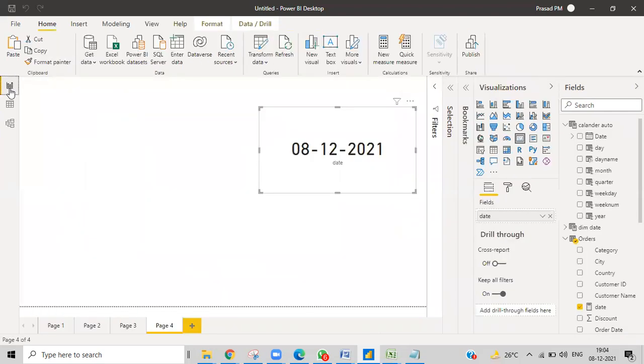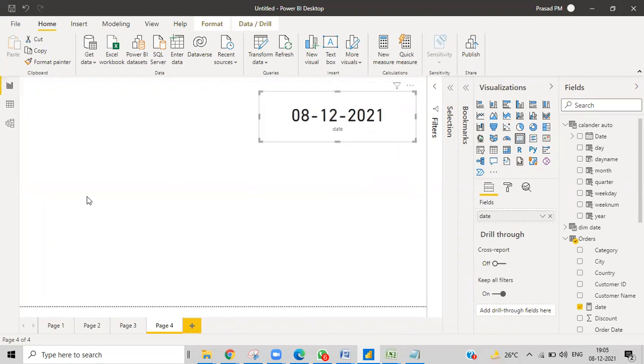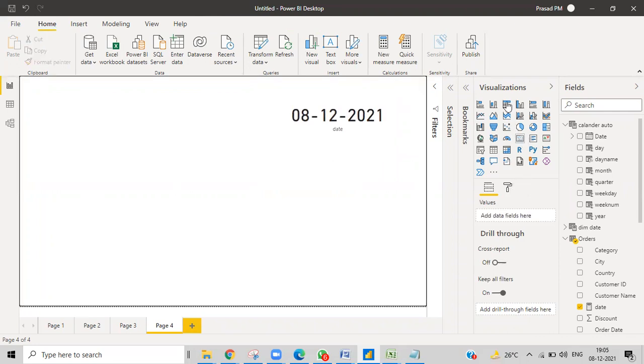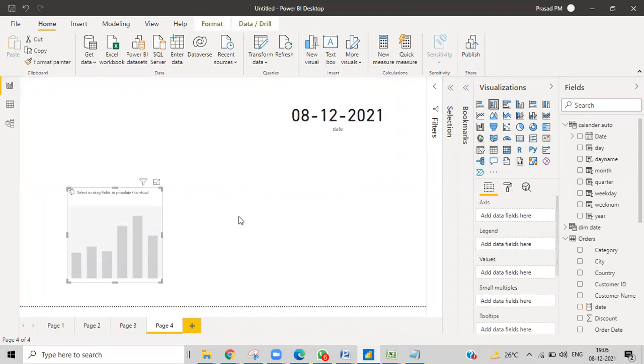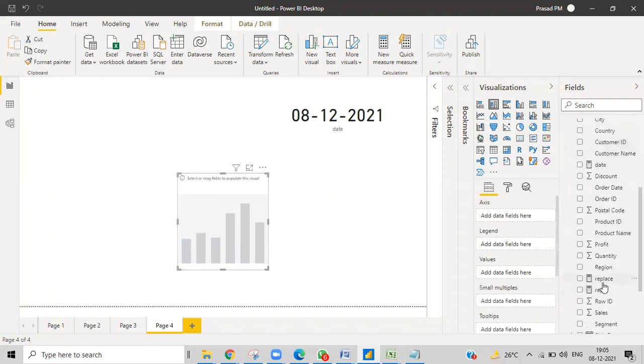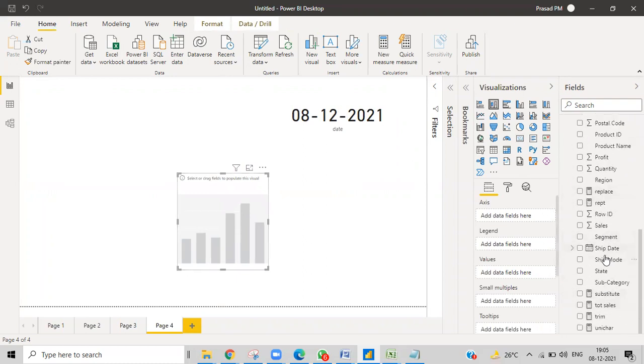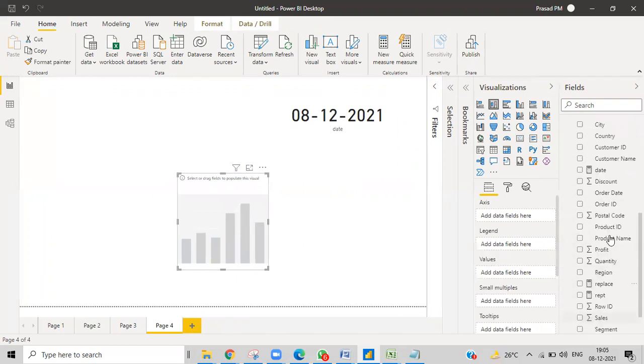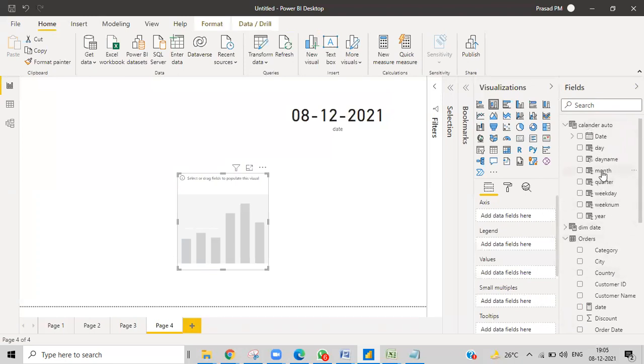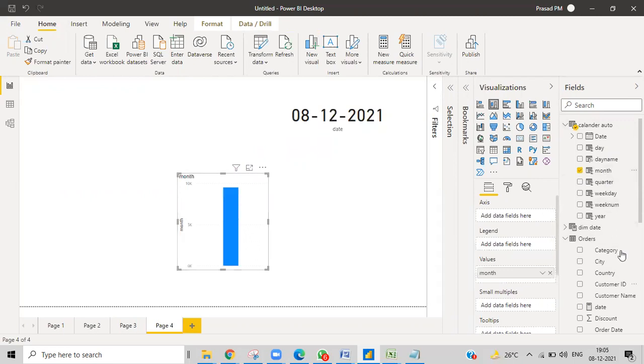Okay, go ahead. And then right now I just want to show something else. Maybe it is something new, but still just consider it right now. I want to take some tables, and then I want to take some months. Okay, what is that month? Where is my month? Okay, I'll just take from this calendar. I'll go ahead and give the month, and then I want to show some sales.